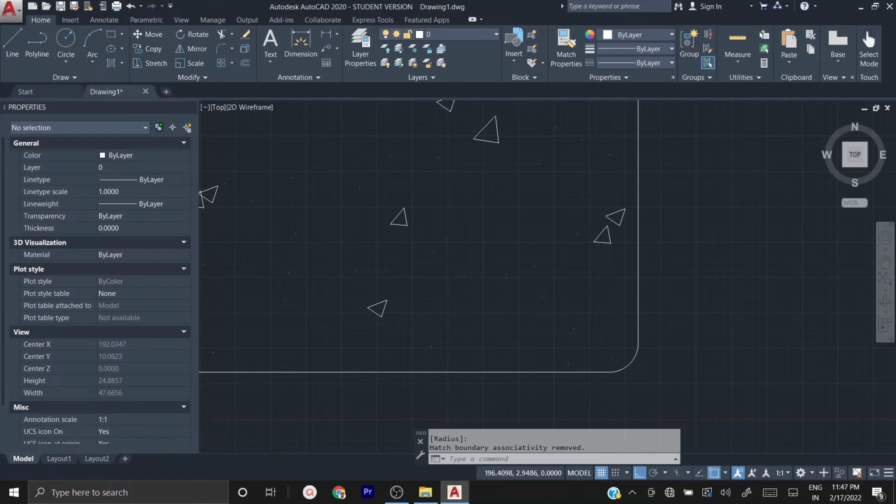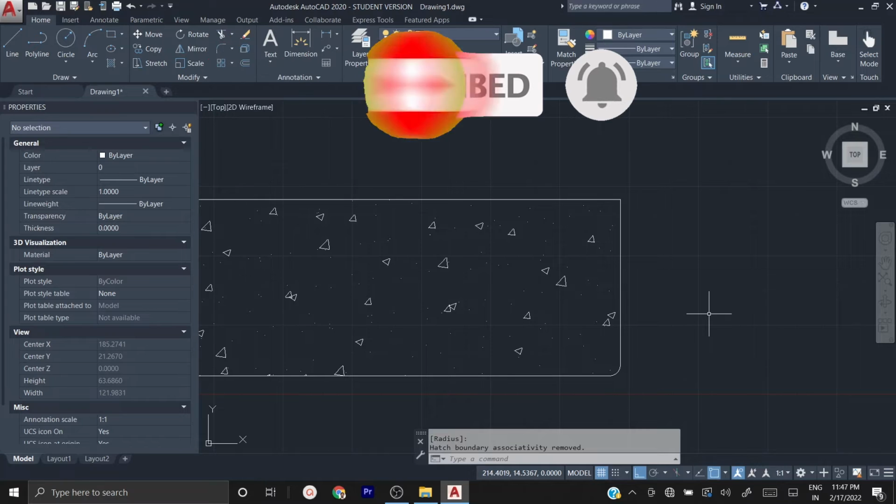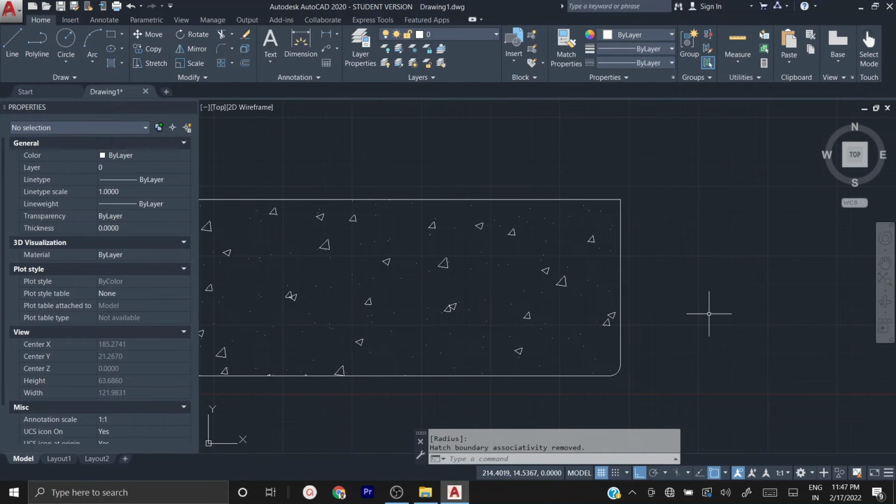Suppose you want to execute the same command again, no need to type FILLET in the command prompt. Just press the up arrow. Whatever previous commands you have used will all show up here. Just move up, see, mirror, copy, move, or enter. Now again I have to give the radius. So R, enter. Now by default the radius is 2 feet.